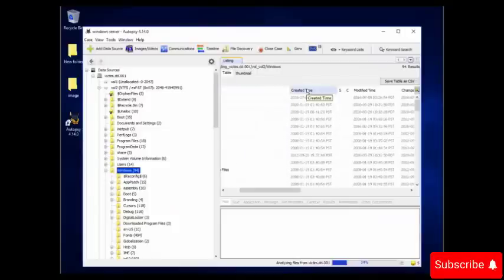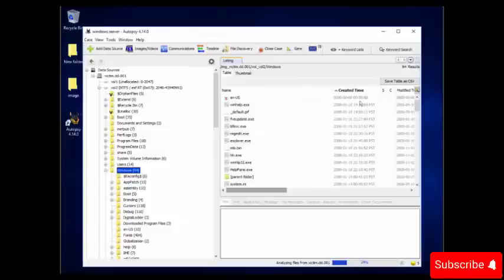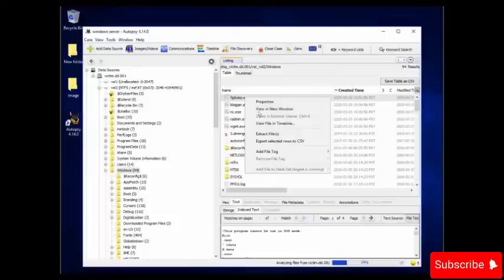Now just double click on it to sort by the date when the files were created. Click on this again. Now here we see a file called fgdump.exe. Let me extract and save this file so that we can scan it on VirusTotal.